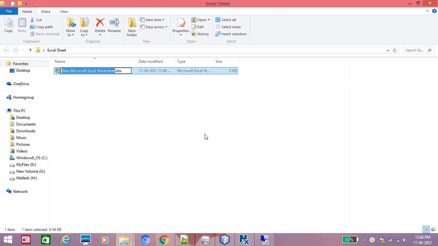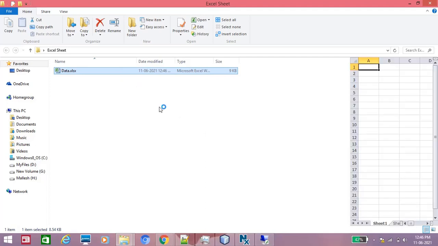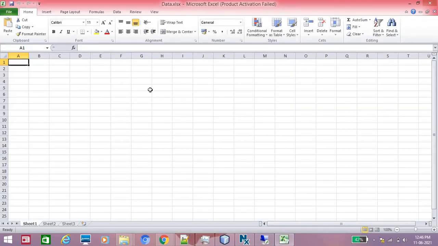Here we need to write one name, like "data". Then you can open the Excel sheet file. Now the Excel sheet file is opening. Then we can see our Excel sheet interface. There we have options: file, home, insert, page layout, formulas, data, review, view.